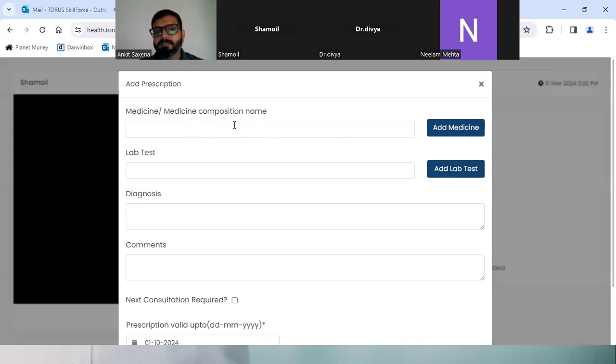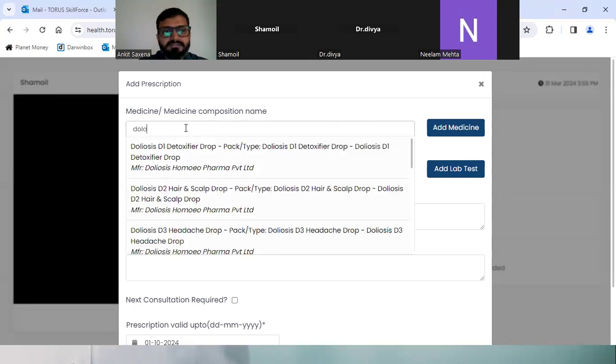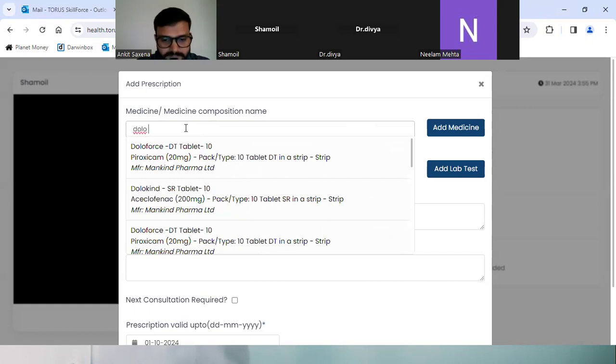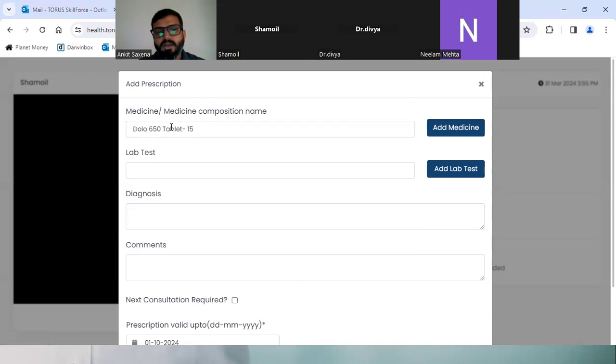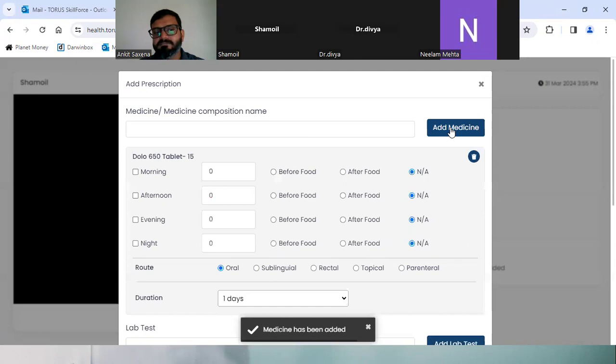Yes. So for example, if you want to add some medicine during the video call, click on the medicine here and simply add medicine.